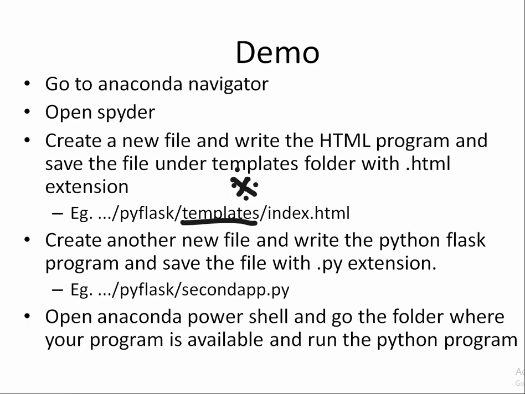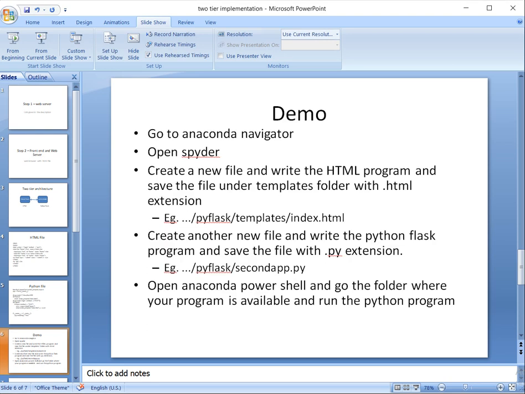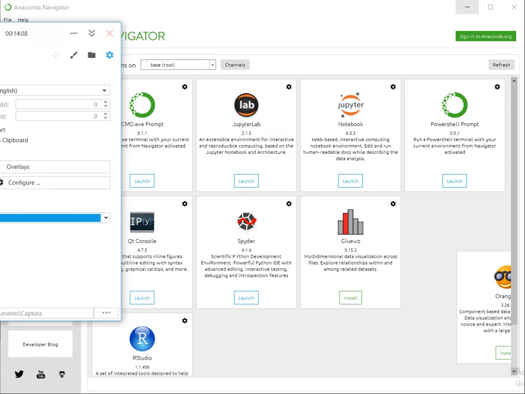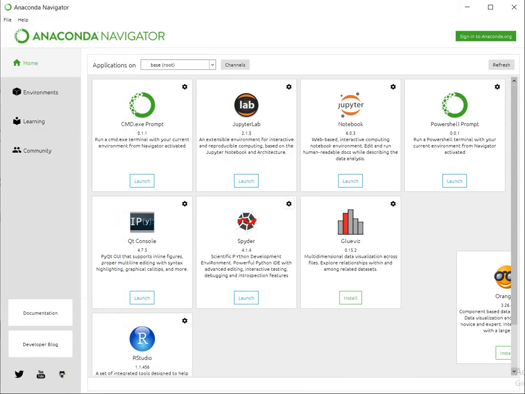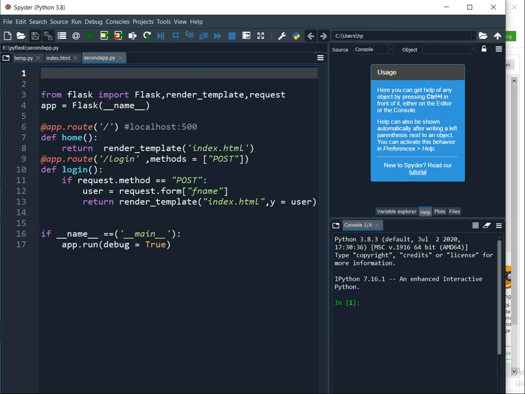So let's start the demo, right? Open the Anaconda Navigator and launch your Spyder application, right?